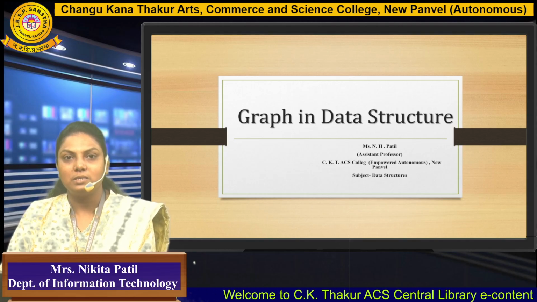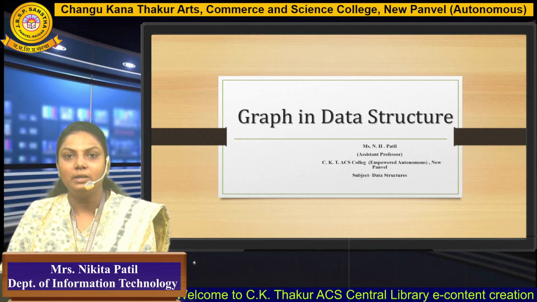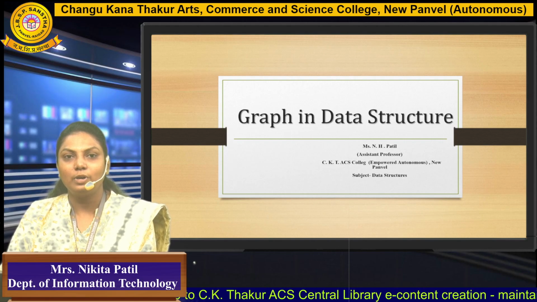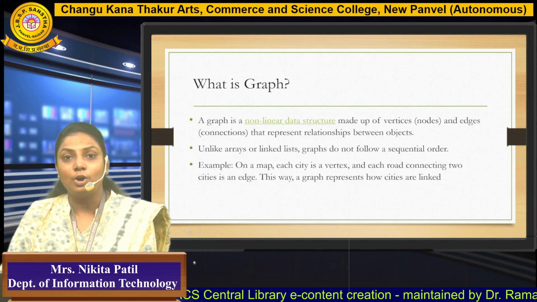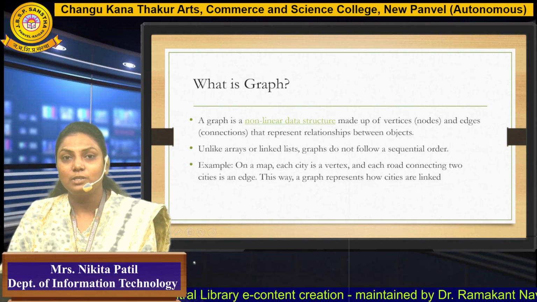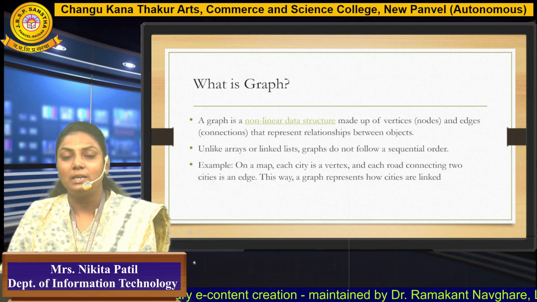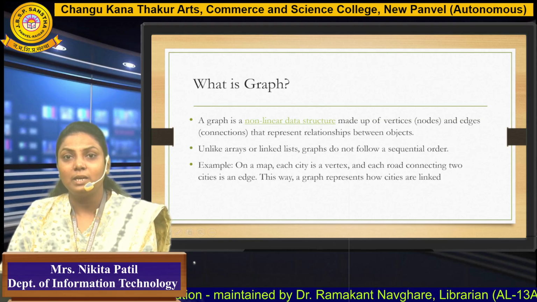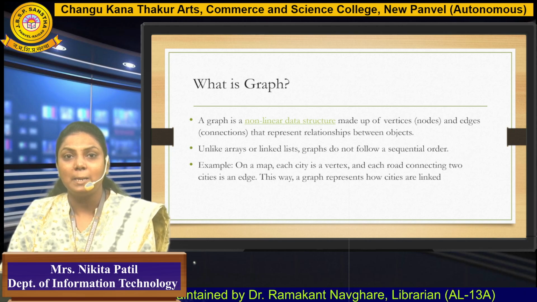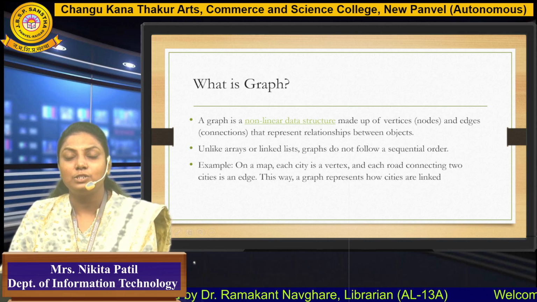Today we are discussing the term graph in data structure. So let us see what exactly a graph is. A graph is a non-linear data structure. Why is it called non-linear? Because it has no sequence. You can start with any sequence, like made up of vertices and edges that represent relationships between the